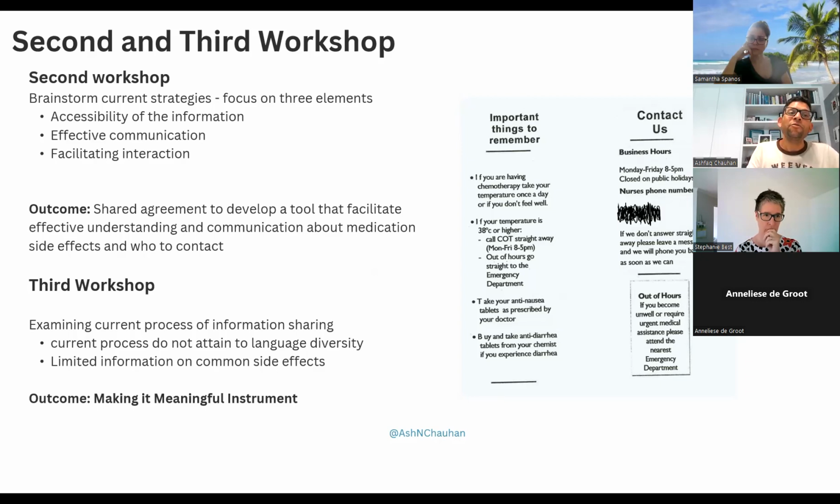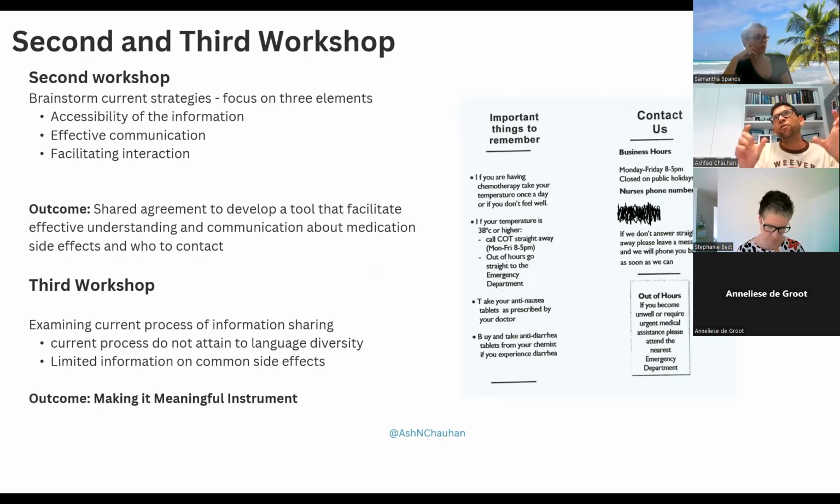So there were three things that were identified in the literature: that the information should be accessible, should facilitate effective communication and interaction. And we discussed the current care process and how that could be incorporated. And there was a shared agreement at the end of the second workshop to develop a tool that would facilitate effective understanding and communication about medication side effects and who to contact.